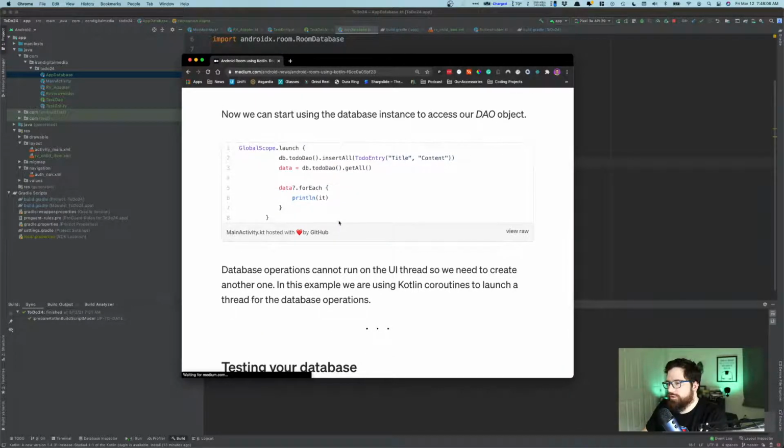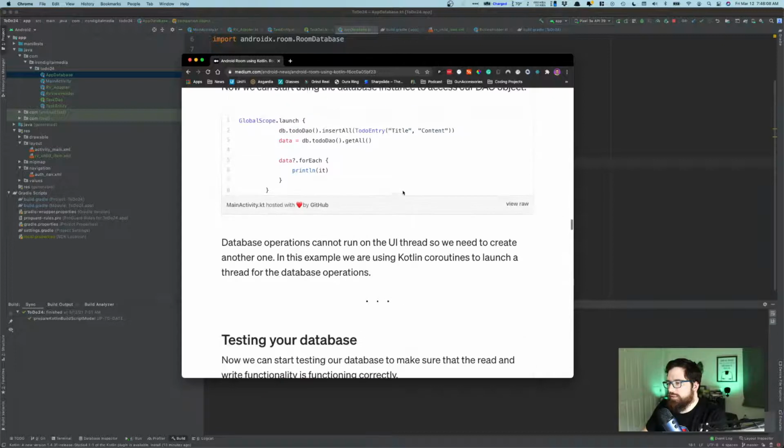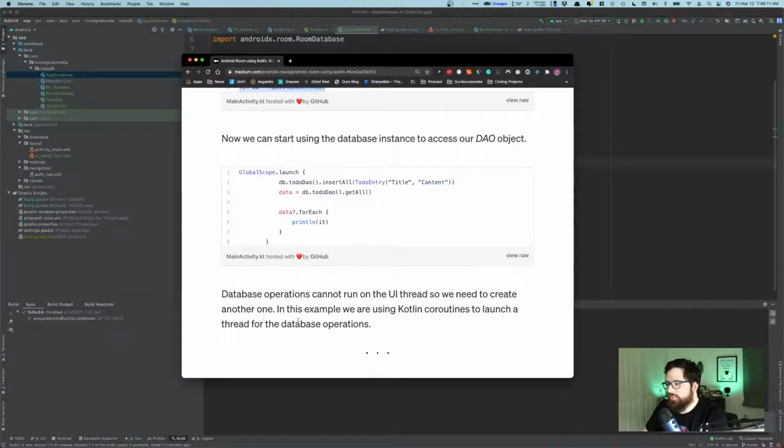Global scope. And then operations cannot run in the UI thread, so we need to create another one. In this example, we are using Kotlin coroutines to launch a thread for the database operations. That has to be global scope right here. Because I was using coroutines, or just launch, actually. It's not that. It's like,